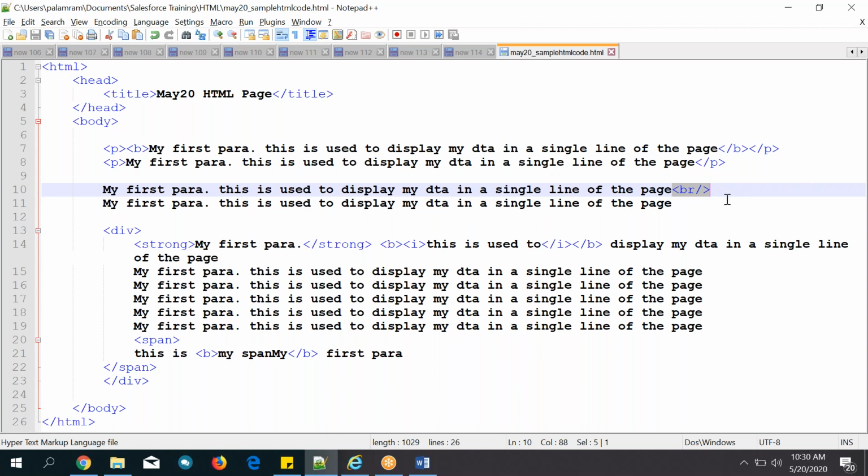So it is required there. Yes, sir, it is required if you close it. As per Salesforce, it is required. No, sir. When we start my first para, at that point we didn't start with the P like a para. So that's my question.